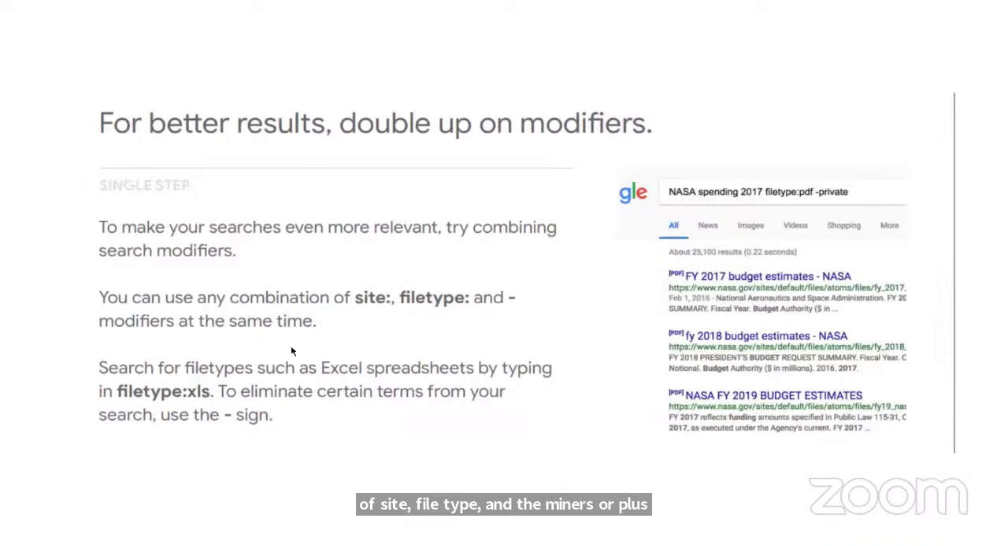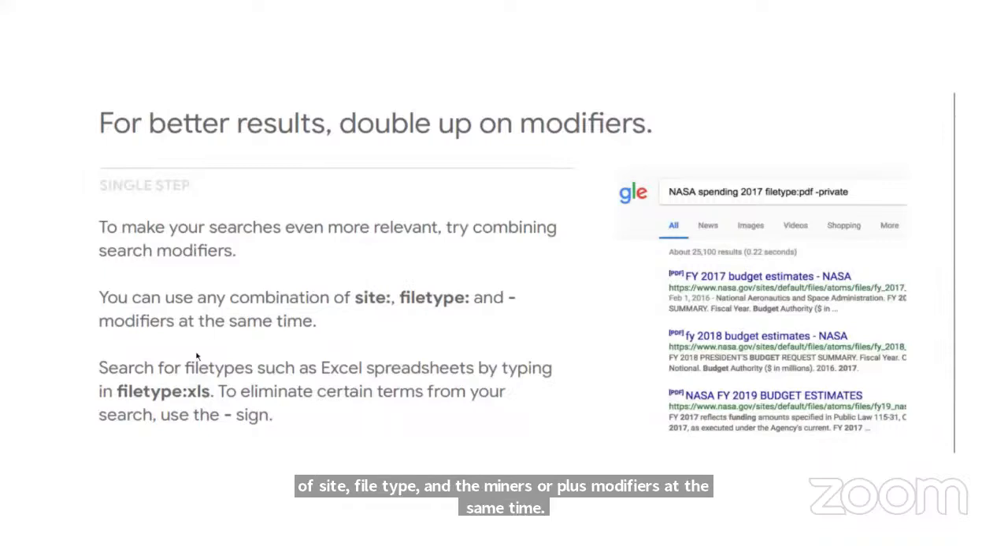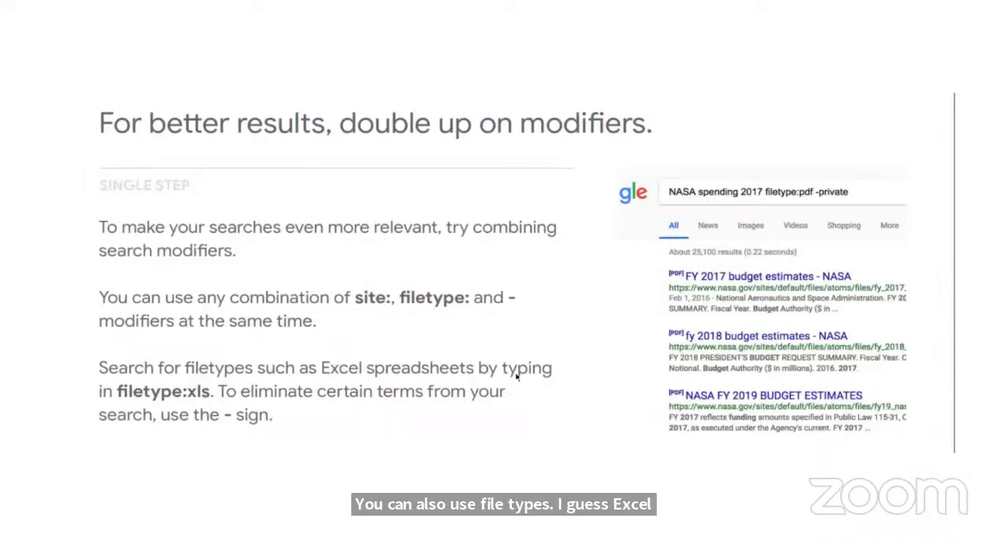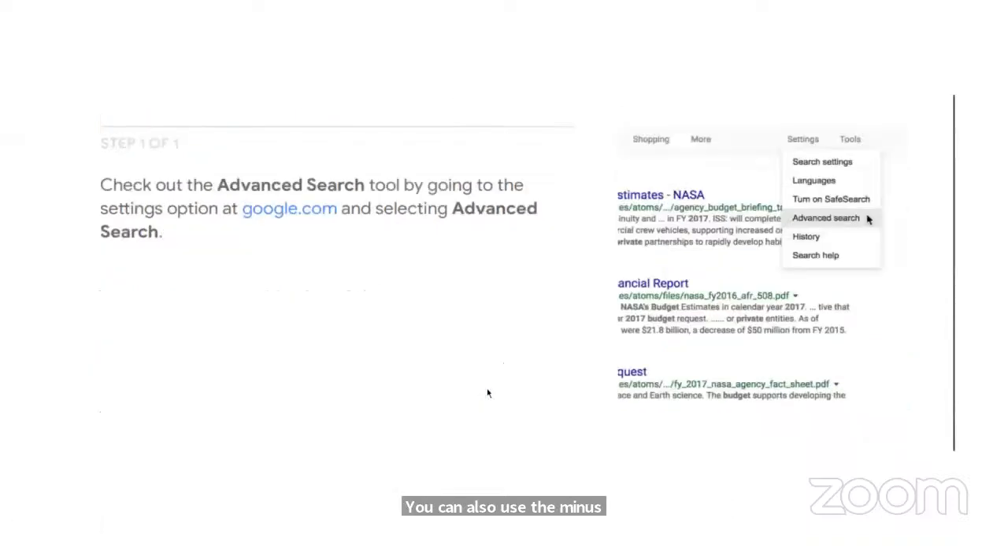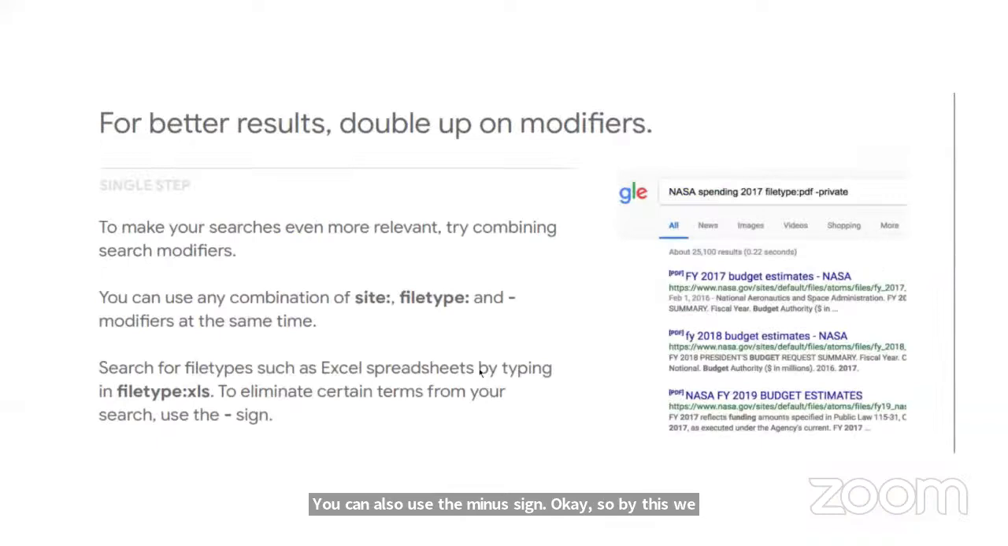You can also use file types such as Excel spreadsheets, and you can use the minus sign to eliminate certain terms from your search. Okay. So by this, we mean this. For instance, let's say that